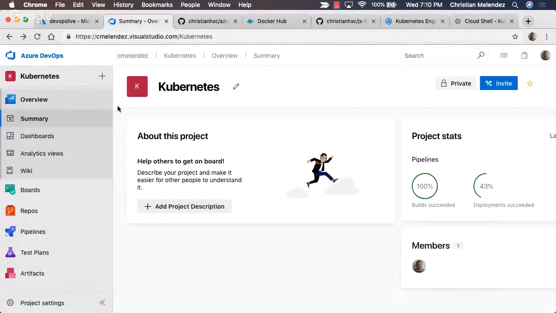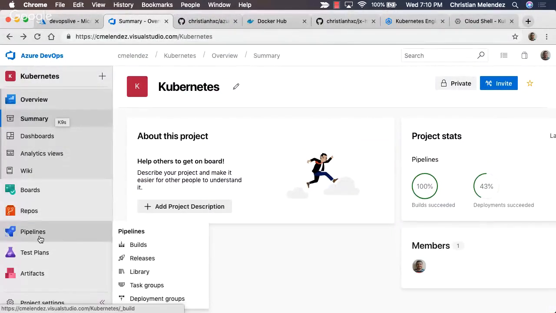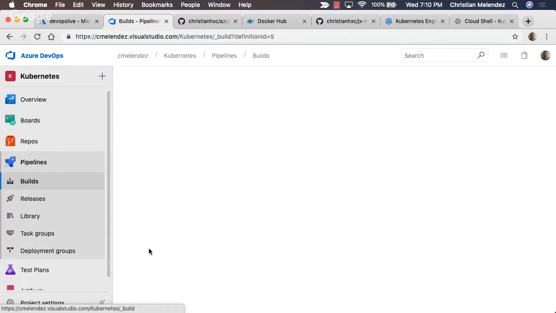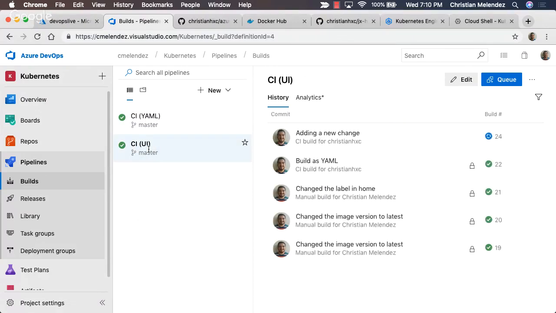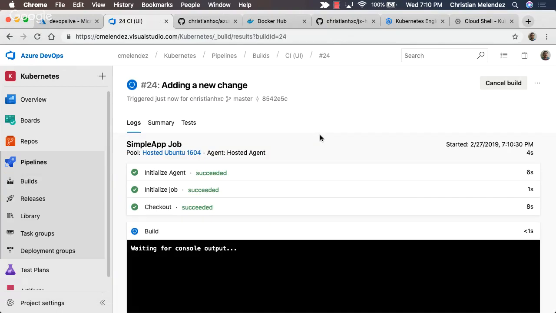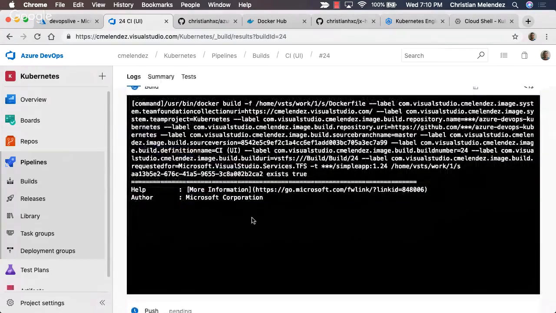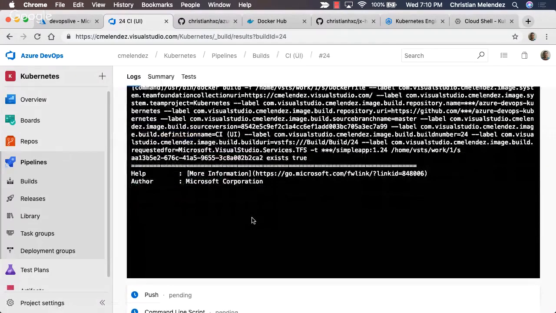And if I go here to Azure DevOps and I go to the pipelines and go to builds, you're gonna see that it will trigger automatically something here. So can you see here? This is enabled, and I also have another pipeline, which I'm gonna explain in a moment. You'll see why I have both. So if you click here, this triggered automatically this pipeline, and I didn't have to do anything else.